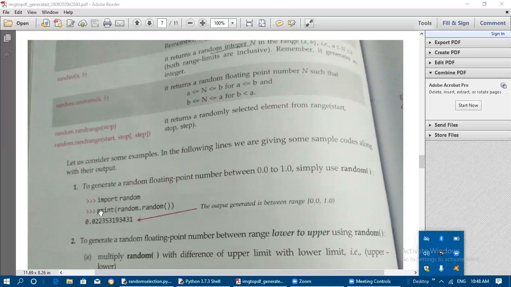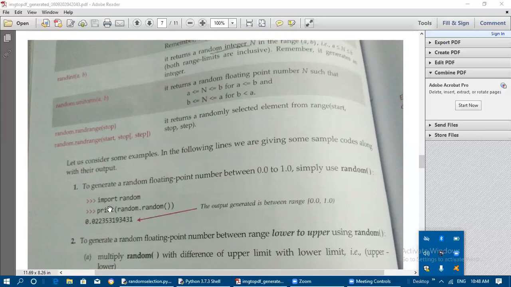When we are printing, we need to include the module name dot function name. We have already learned this in the beginning of this chapter, that whenever you access any function, it is accessed with the help of the module name, dot notation, and then the function name.